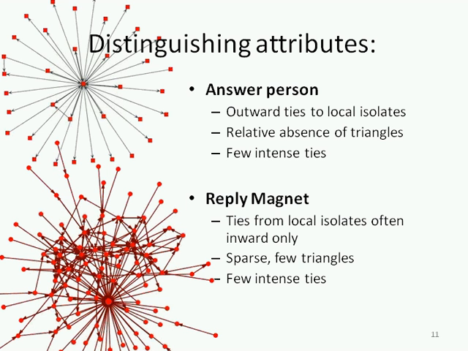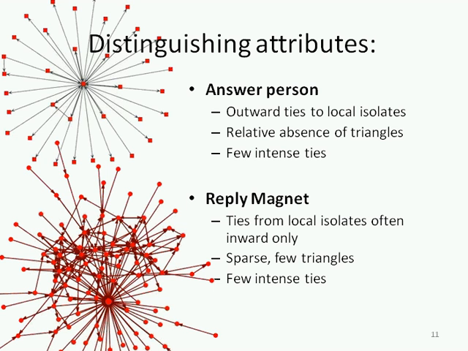And we found people who were able to get a third of all replies and repliers to reply to them. Interestingly, the reply magnet is in some ways the inverse of the answer person, which is to say that they are people of low out degree. That is to say, they do not reply to other people. Interestingly, we found that the people who could start threads effectively were themselves relatively rarely involved in the conversations they started. They started the fire, they did not fan the flames. So what you see is an image of a reply magnet, somebody who has many arrows pointing into them and very few arrows pointing out from them.